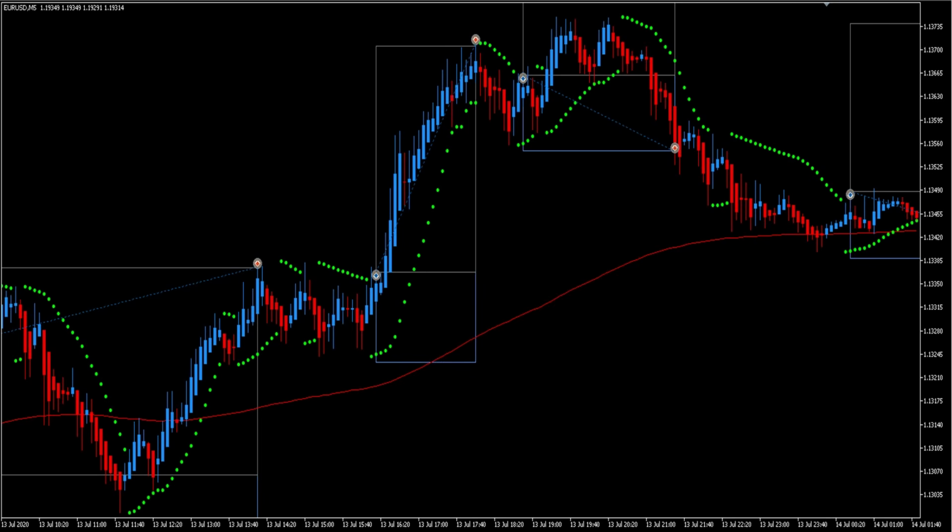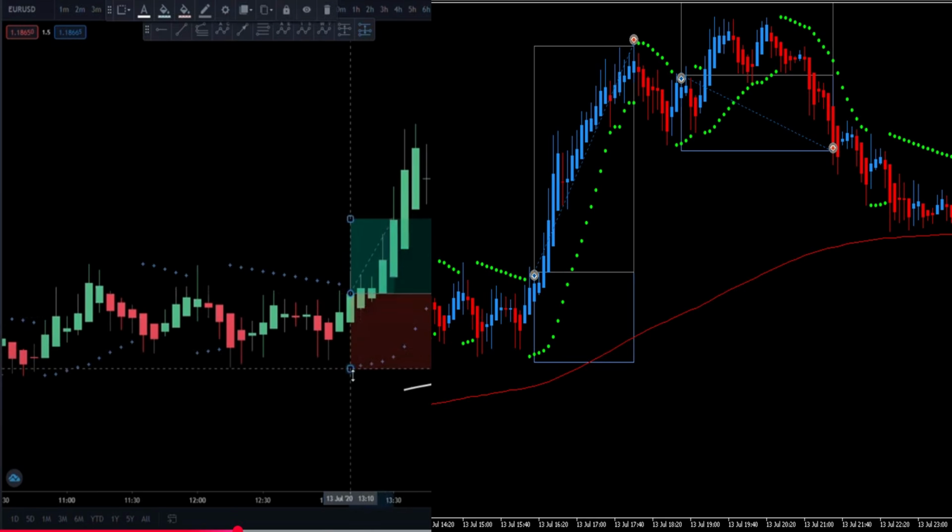Let me put them side by side. So you can see that I have picked up the same, I've got a scale difference, so mine looks a little taller, but you can see the pattern's the same. They're on the same day. My trade is actually at 16.10, or just after the 16.10 candle, where TradePro has the 13.10 candle, but I think that he's just using a different time zone. I'm using the broker's time zone, which aligns to midnight as 5 p.m. New York time. So that's just a slight difference, but otherwise these are the same entry points,